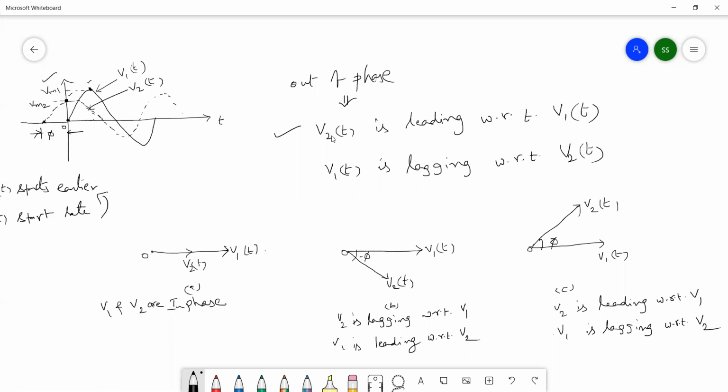How much angular difference, how much angle it is lagging, how much angle it is leading, don't worry, you can just mention it as phi. If a value is given, you can keep that as some 30 degrees, whatever is given in the numerical. Okay? Done for all of you, noted?